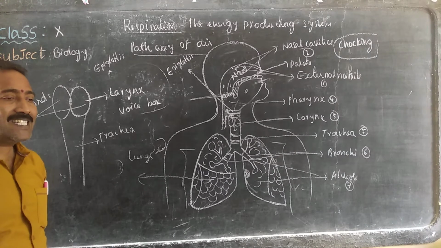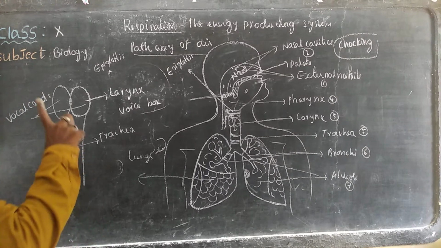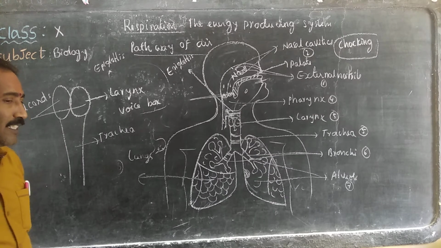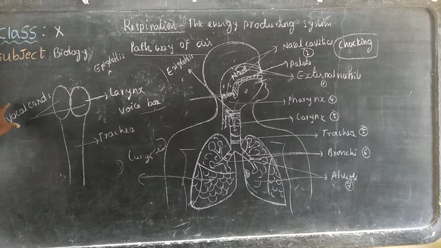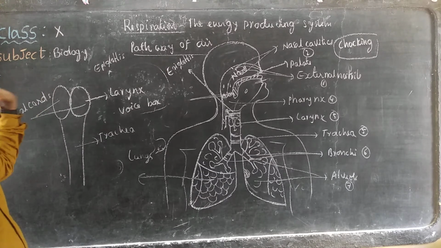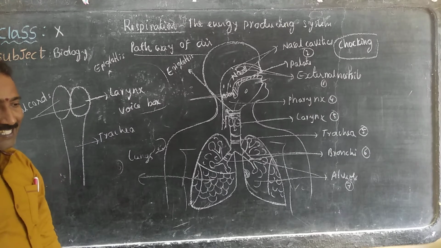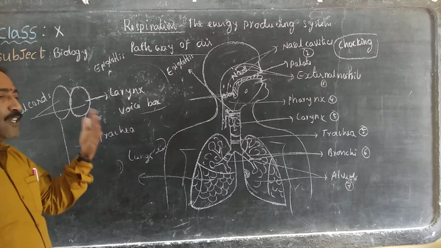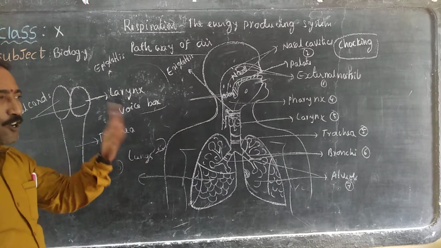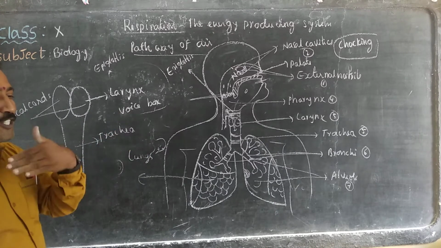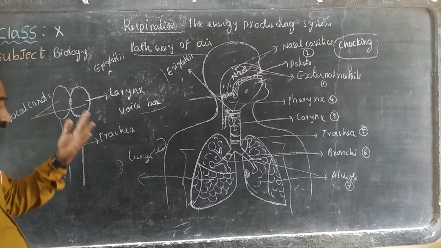You must have already studied this in physics also. The vibrating cord is what produces the sounds. So these vocal cords produce the vibrations and produce the sounds during the expiration or exhalation. We are speaking or talking or producing sounds during the expiration or exhalation.